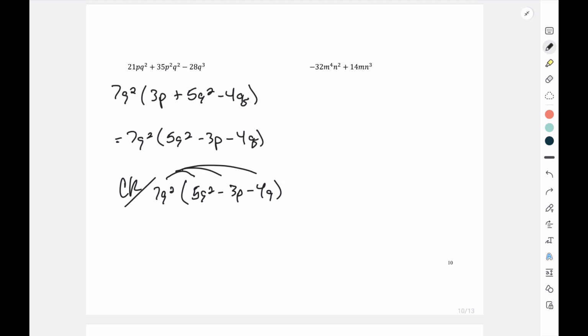So next we're given negative 32m to the fourth n squared plus 14mn cubed. And so we can see that if we pull out a 2mn squared, that's what's in common with both of them. And so if we pull out a 2mn squared, we're going to be left with negative 16m cubed plus 7n. So next, we're going to factor by grouping, and typically it would be 4 terms, and you would find